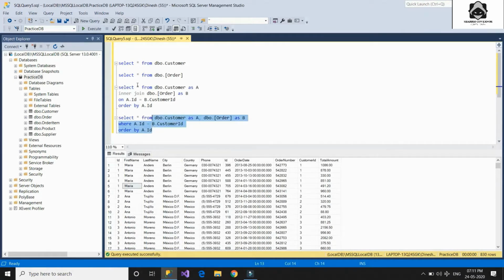So this query will give you the exact same result which you got earlier. The syntax differs but the result is same.